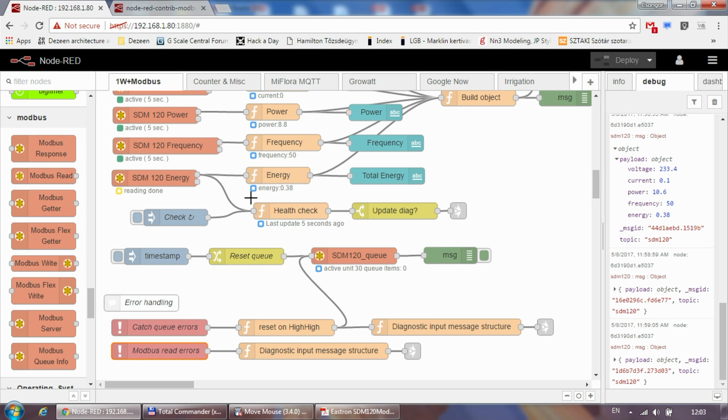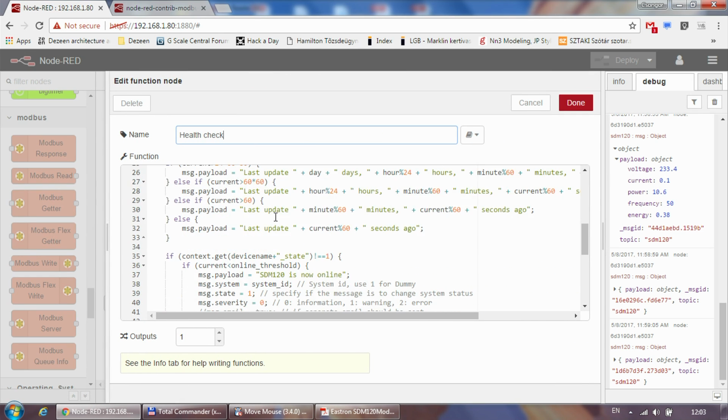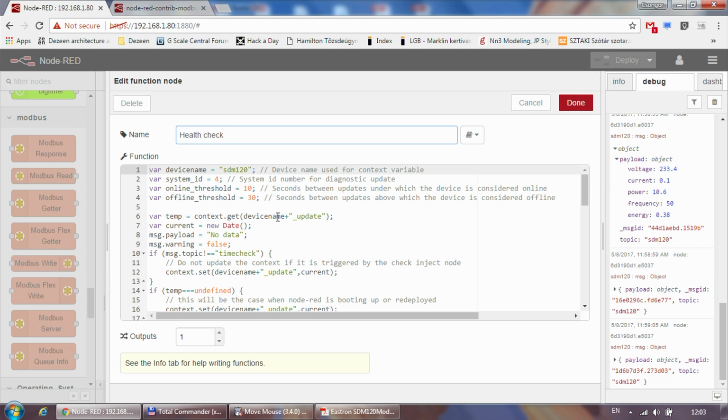Actually, there is one more, this health check. Again, I've connected this to one of the Modbus reads, and what I am doing here is quite a bit of code, but it's quite simple. I'm creating this context value, which is the device name, SDM120. So I store it as a constant here. I get the device name underscore update, which I expect to be a